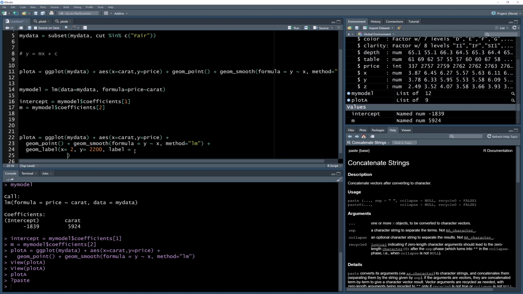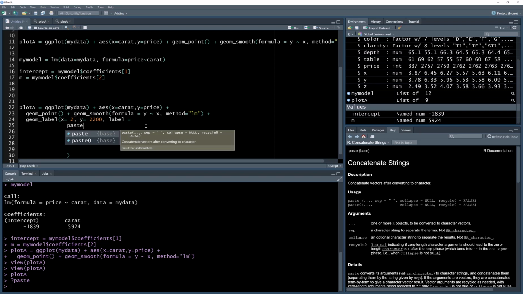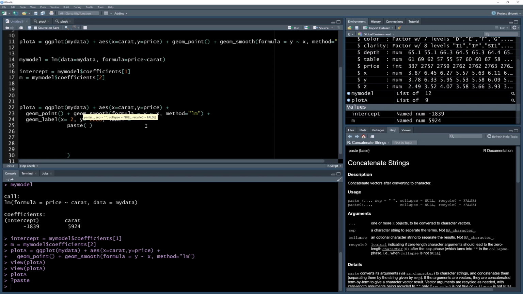To make this easier to read, I'll do paste, and I'm going to paste text in quotation marks: y is equal to that, comma, and your M, which is from there, comma, and then your x. I'm going to give it a bit of space,